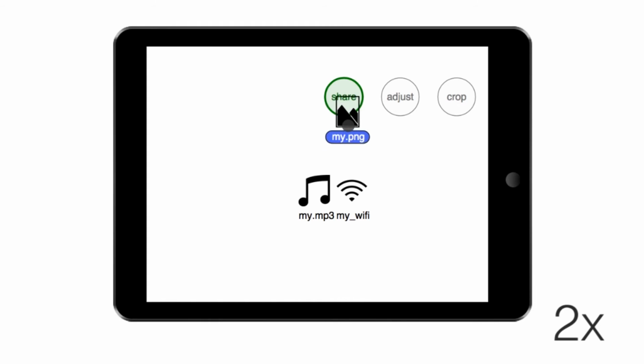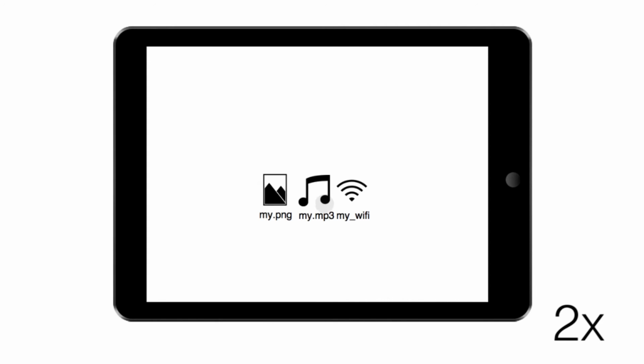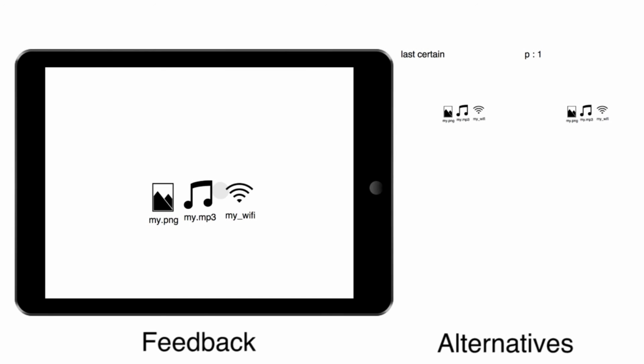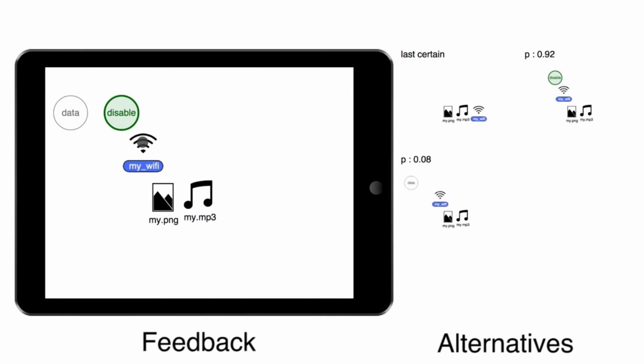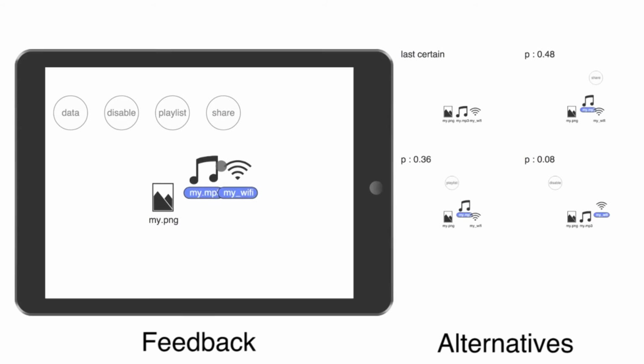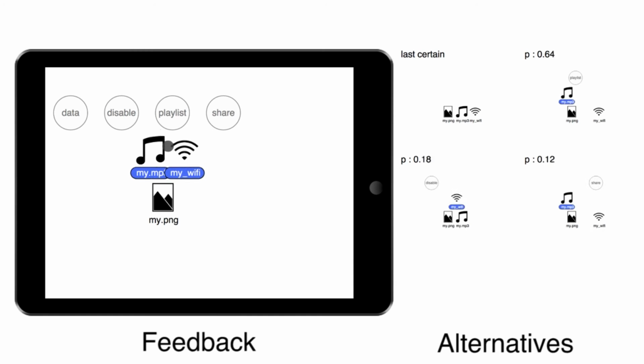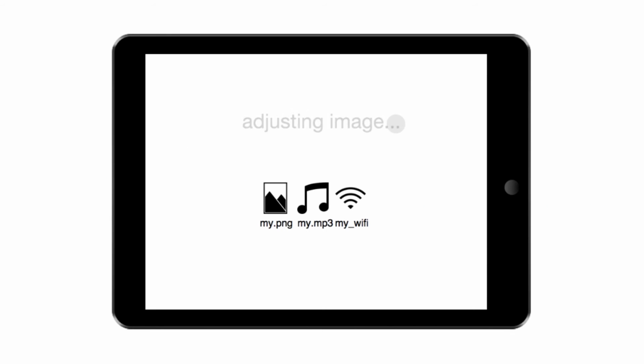Another example feedback technique in our library is to overlay alternate interfaces, adjusting how each alternative is presented to communicate likelihood. In the following demonstration, we can drag icons to different targets in order to perform different actions on them. The probabilistic version of this demo attempts to guess which target the user wants to use and adjust the likelihood of each target based on distance. We can then overlay these alternatives and use opacity to communicate likelihood.